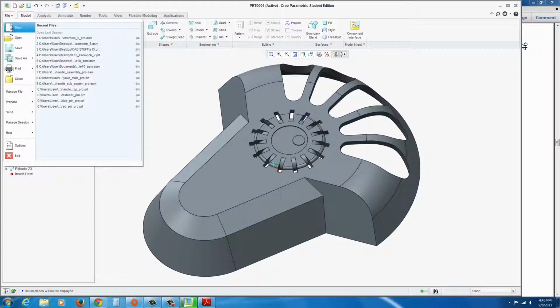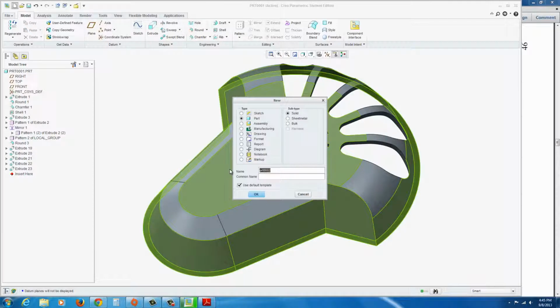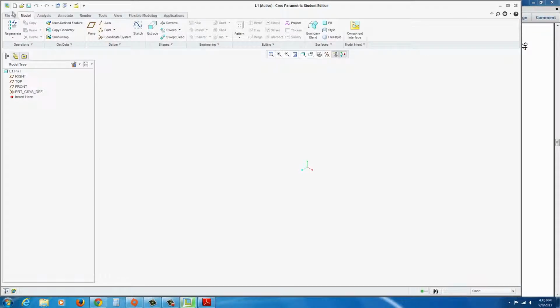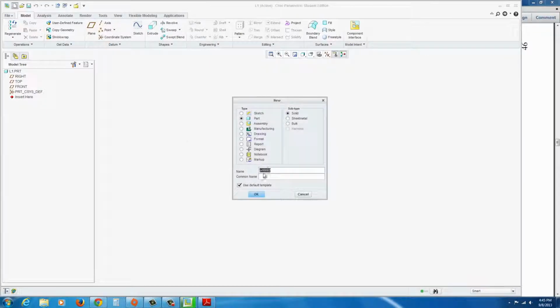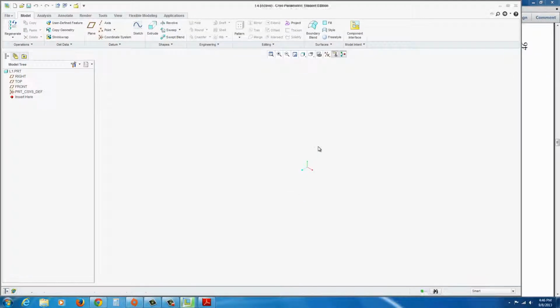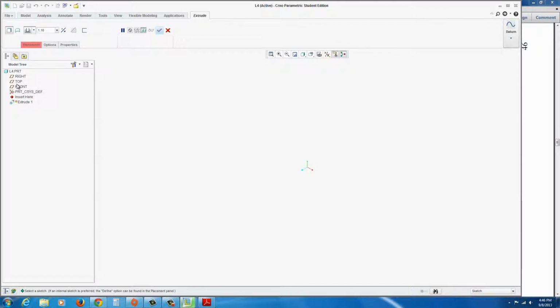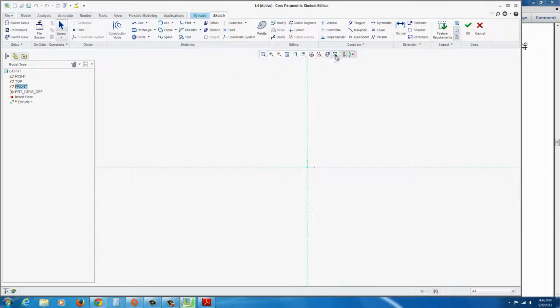So let's begin. Start with a new part file. Name it capital L4. Okay, and we could begin by clicking on Extrude and selecting the front plane. I'm going to turn my planes on here,